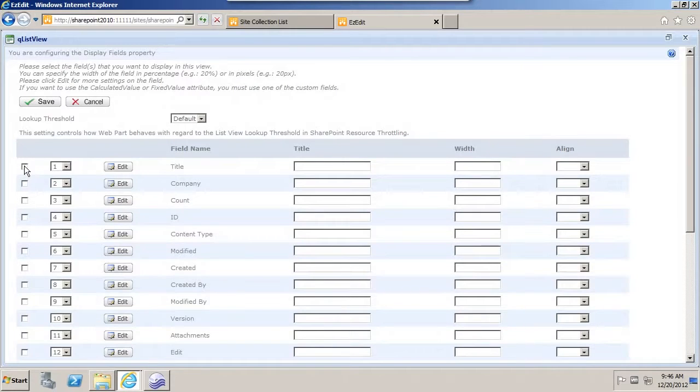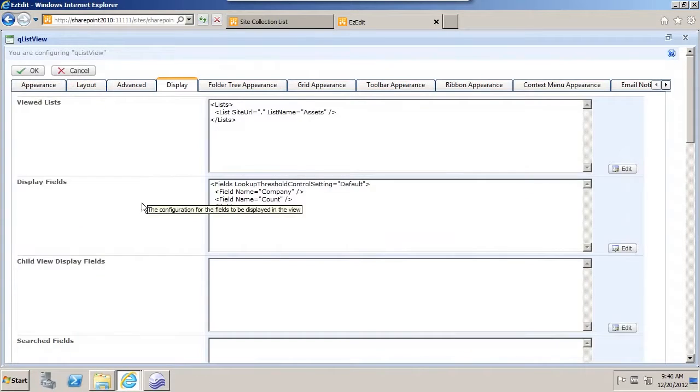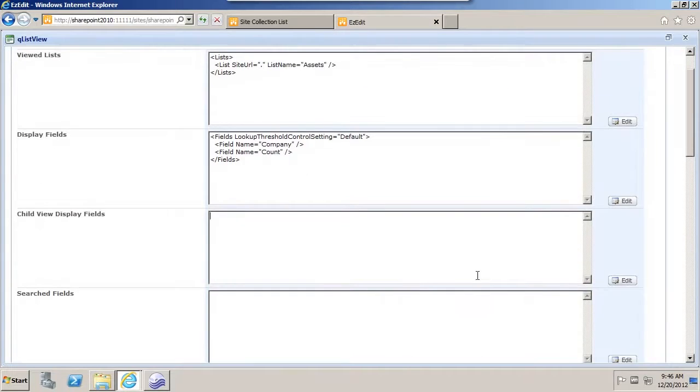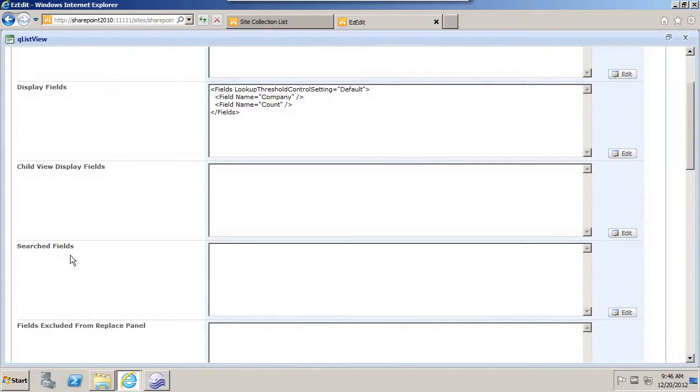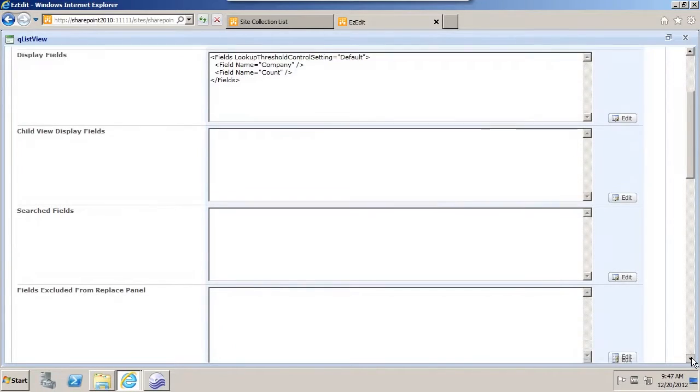So we'll say we'll present the company and the count, and we'll go ahead and save. We can further go into these fields and configure them further, group by, change the formatting of them. You can configure what fields we want to search against right through here as well. And if I keep scrolling towards the bottom of this